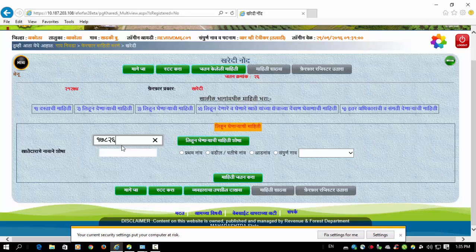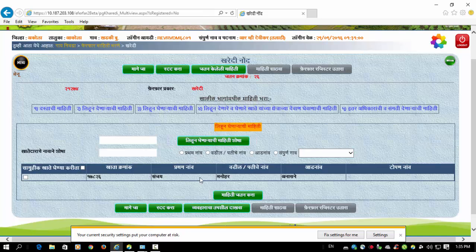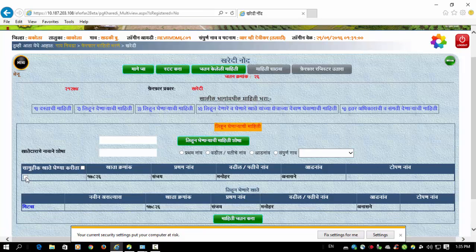If we know the khata number, then we select that account number of that purchaser. लिहून घेणाऱ्याची माहिती शोधा. He is Mr. Sanjay Manohar Anasane. We will select that account number, and if it is correct, then we can continue to the next.